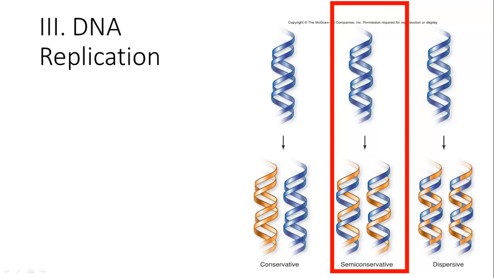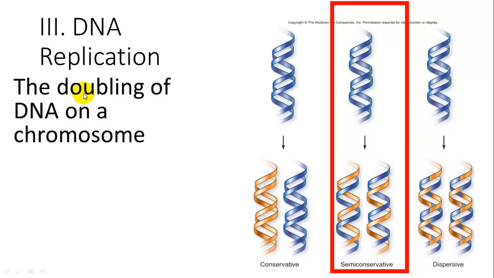All right, so the next question was, well, how is DNA replicated? How is it when you make 2 strands out of 1 strand? And these were the different options. You could have a conservative model where the old strand was kept intact with 2 old strands, and the new strand was made with 2 new strands. Or you could have a semi-conservative model where you had a new strand added to one of the old strands and a new strand added to the other old strand. So the new strand was a combination of new and old. Dispersive is another model where both strands had pieces of old and new.